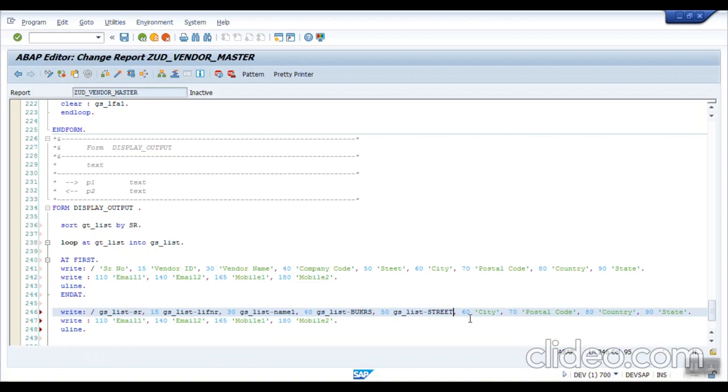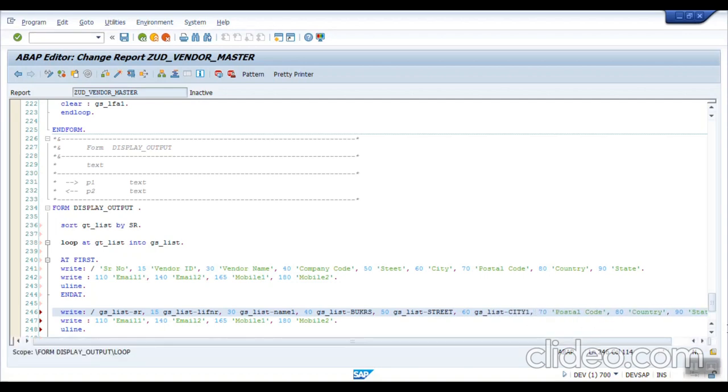Type street. My city is with the same, that is GS_list city. And my postal code is GS_list postal code, and then country with the same again. I will write as GS_list